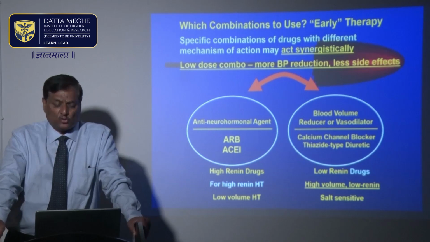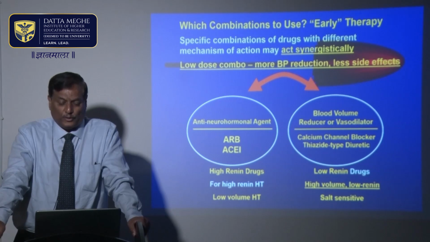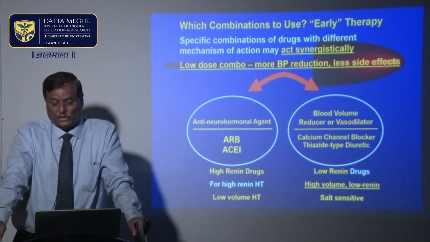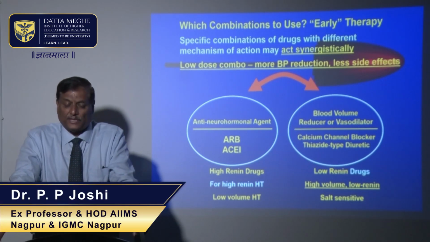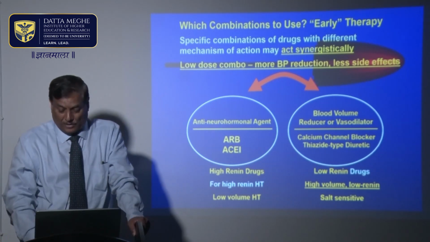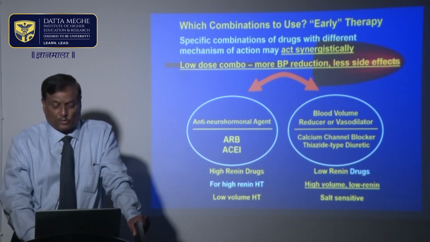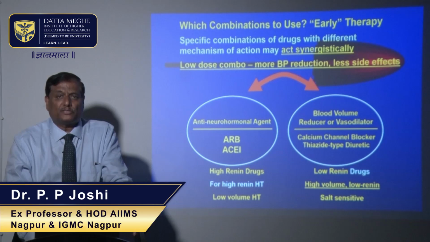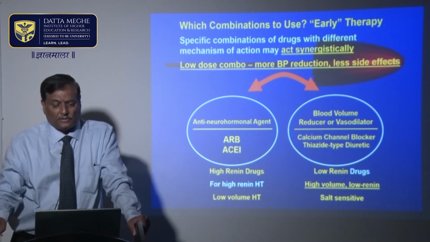So there are basically 2 types of hypertension. One is the high renin hypertension, which is low volume, and the other is low renin, which is salt sensitive. In patients who have high renin hypertension, we can use ACE inhibitors, ARBs. In patients who have salt sensitive hypertension, beta blockers or diuretics, thiazide diuretics, work better, and combination would therefore be useful in countering both types of pathophysiological mechanisms for increase in blood pressure. So combination therapies are now used very commonly to improve compliance, to decrease cost, and to bring down the blood